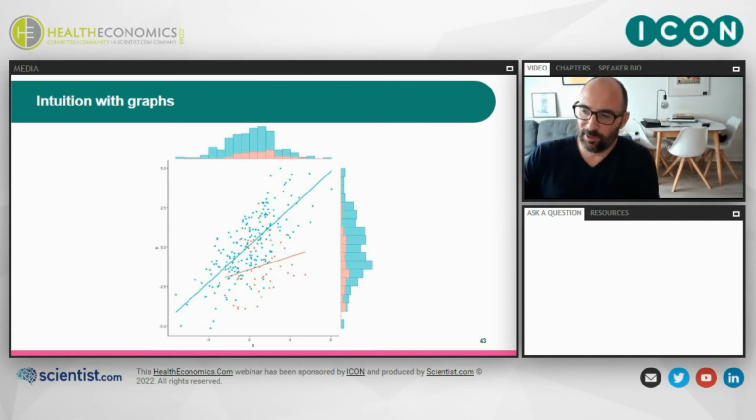We can see that the distribution of the covariates is imbalanced between studies because these histograms are different at the top. And we can also see the relationship between these and the outcomes are different because we can see the difference in the location and the gradient of the fitted line. So these studies are telling us a different story, and we somehow want to combine this information.